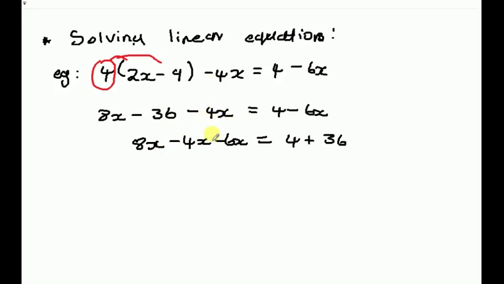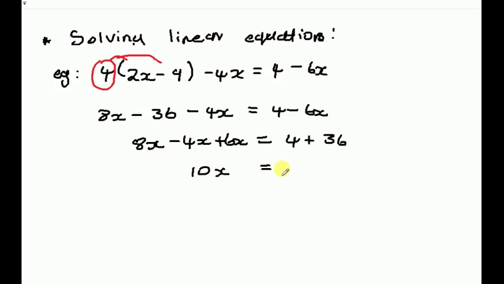Oh yeah, sorry, here it is negative, so it will be positive. You have to keep that in mind so that you don't make the same mistake. Then from here, we add 8, 4, and 6, and you'll be having 10x